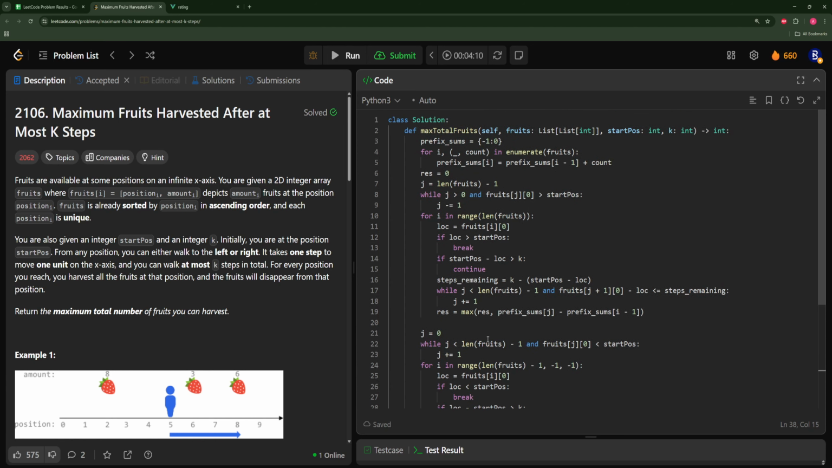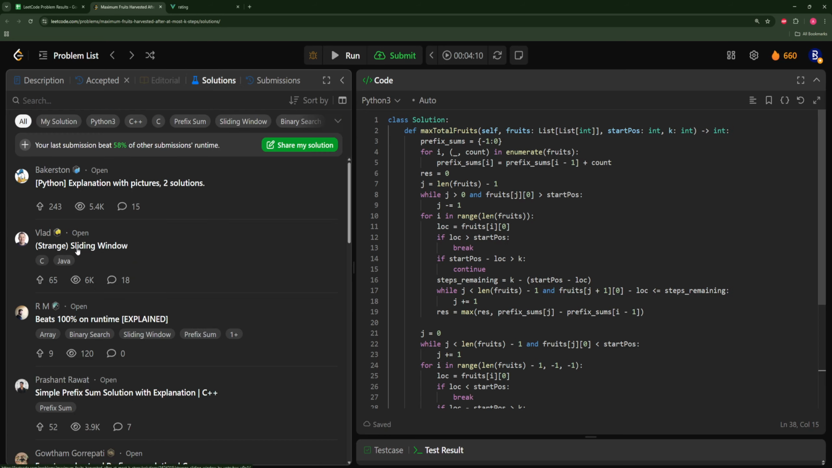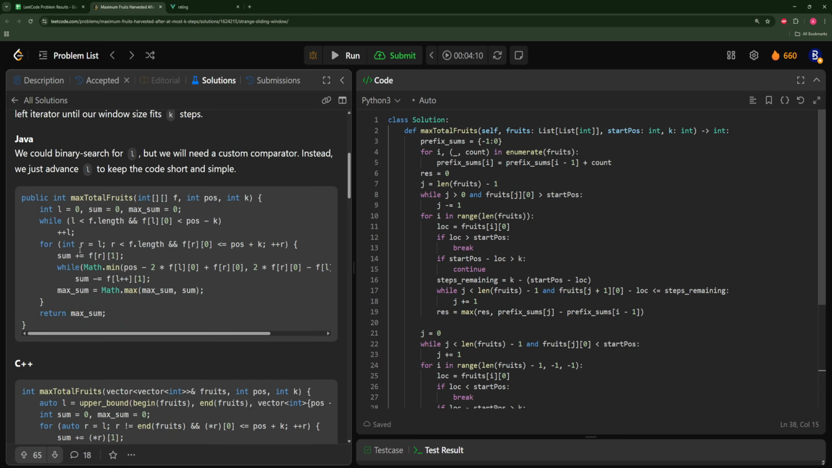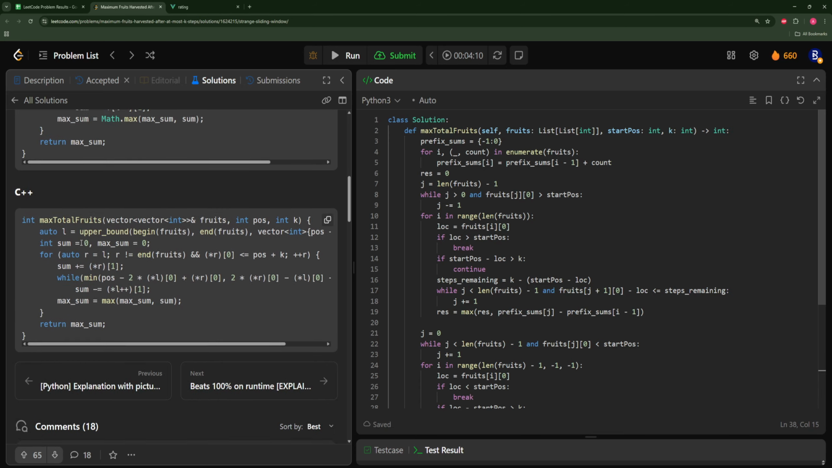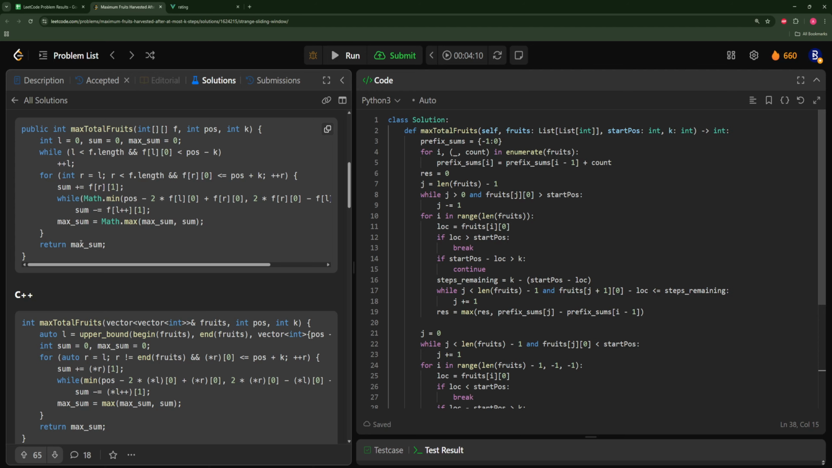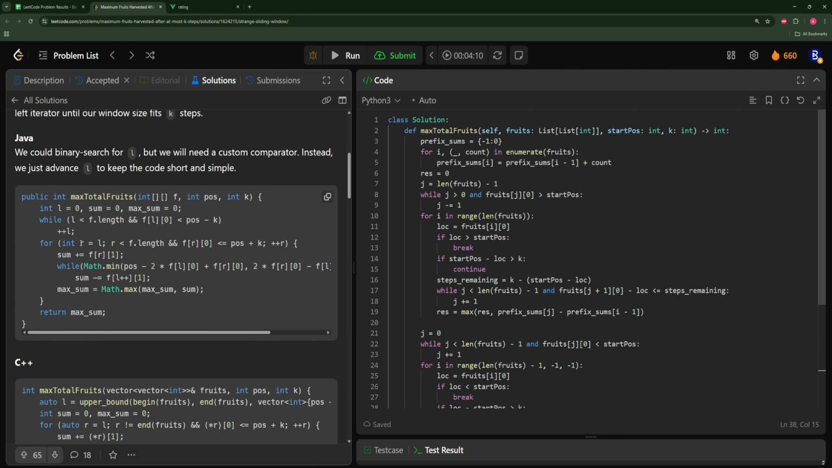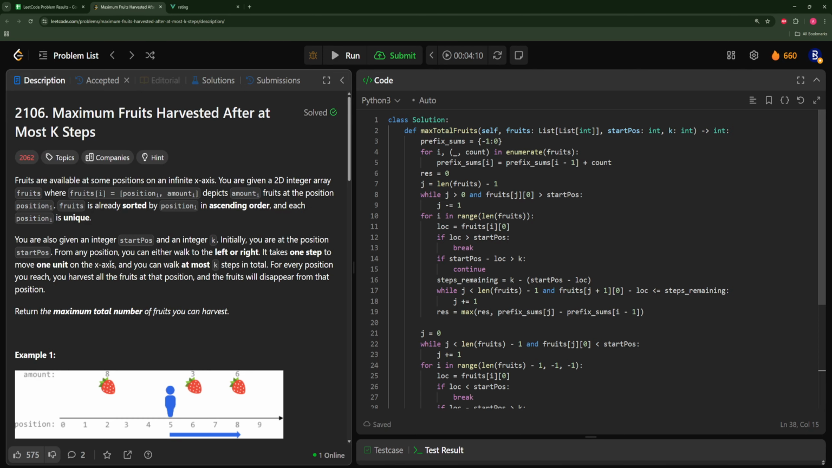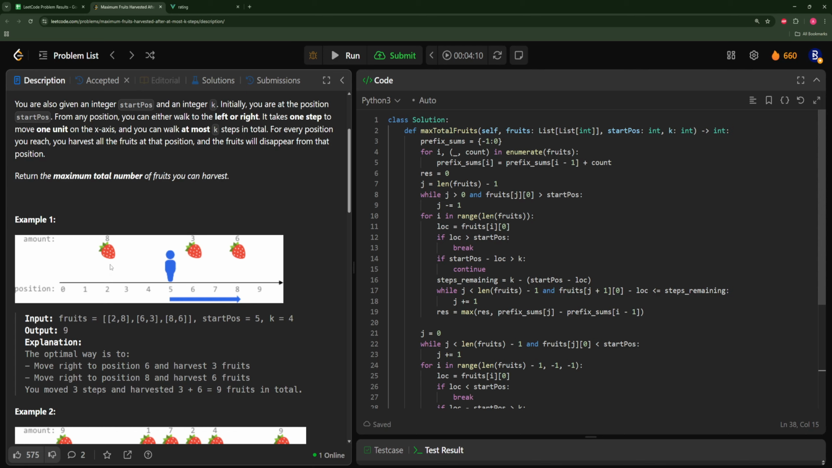So yeah, let's look at some solutions. This is probably way cleaner. Sliding window, interesting. Okay, so yeah, way less code. All right. Binary search, you need a custom comparator. Yeah, I mean, sliding window also makes sense because essentially this two-pointer is a sliding window, so you can